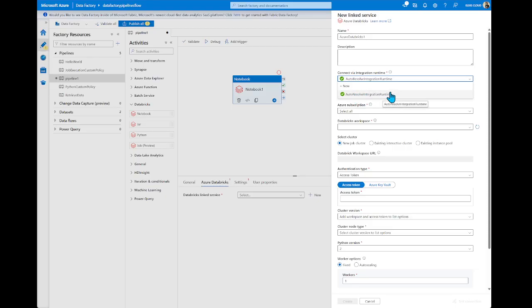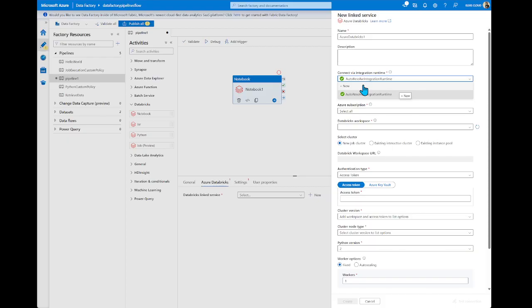But in your company, you might have your own hosting environment. For example, you can use private links or a private network. This is a possibility to create your own runtime to execute internally without any public accessibility to this particular runtime.